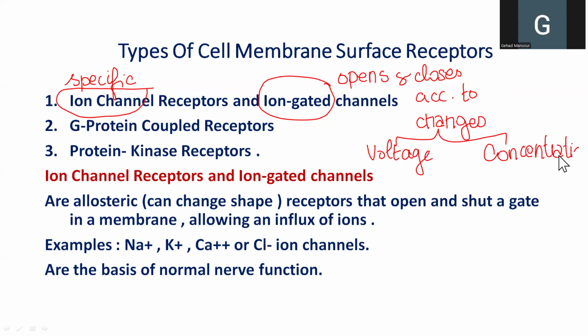Sometimes it opens and closes only by changing the concentration, but sometimes these changes in concentration of the ion, between the outside of the cell and the inside of the cell, create a voltage difference or a potential difference. These changes in concentration or in voltage will result in opening and closure of the ion-gated